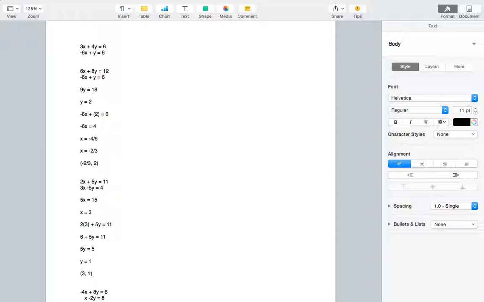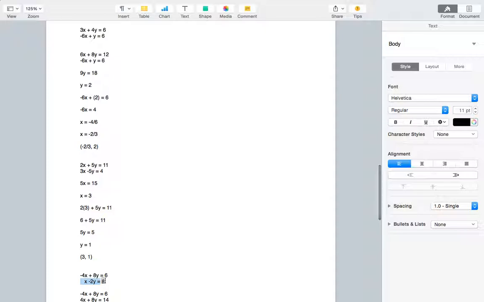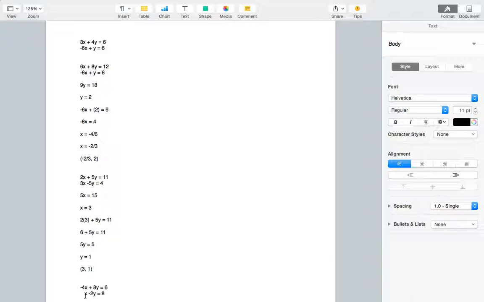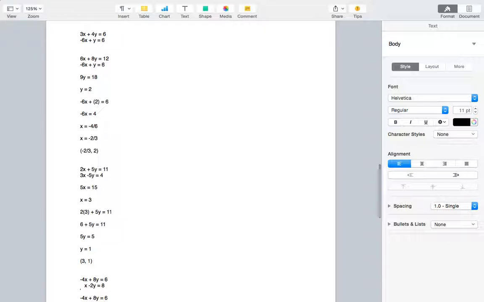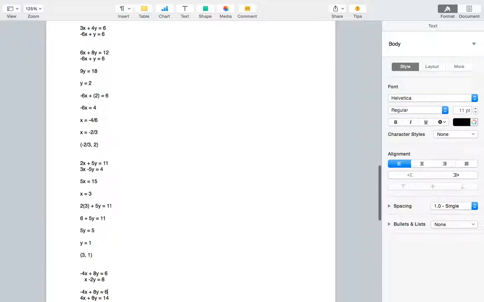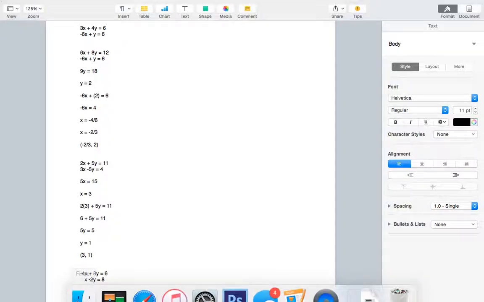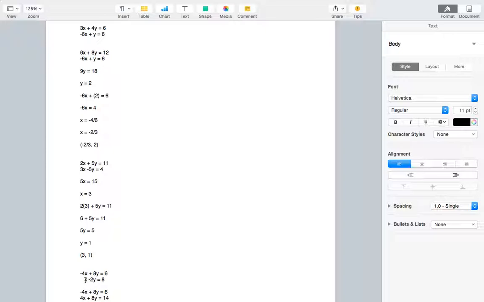Negative 4x plus 8y equals 6. x minus 2y equals 8. Now, I'm going to multiply this through by 4 so that the x's can cancel. So that gives you, this is the same one. I did this just so it won't be any confusion. You won't have to look up here and then back down here, and that can get confusing. So negative 4x plus 8y equals 6, and then 4x, because that's x times 4, and 8y, negative 2y times 4,